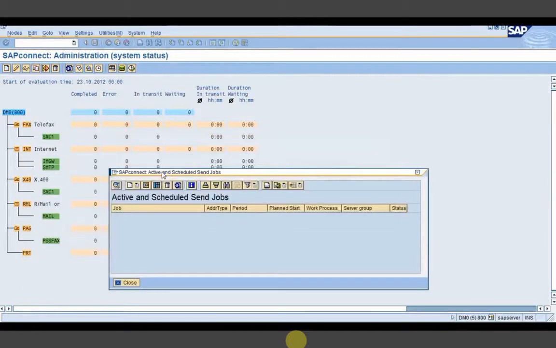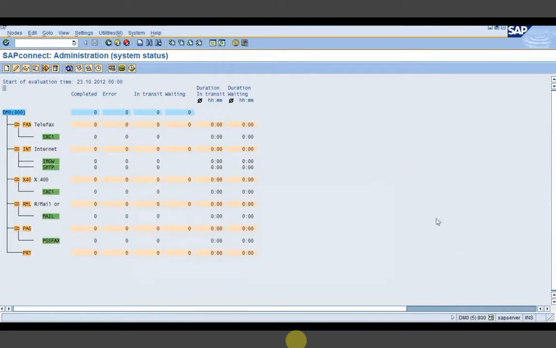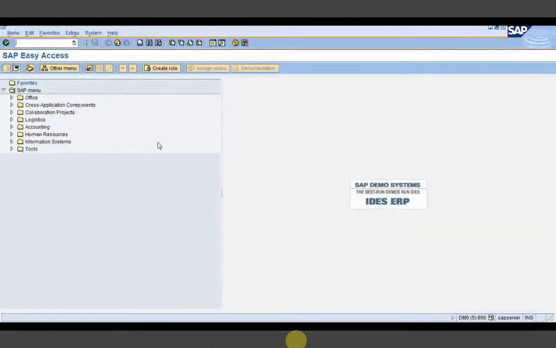Actually, whatever we configure in SCOT, it is for external mail, not the internal mail. If you want to send some mails to external IDs like Office or Gmail, then we configure here. For internal mail we don't configure in SCOT. Okay, so that job is scheduled, so we don't have to worry about it, because I will be showing you tomorrow with this same date. We have received one mail saying the sales order. I have also noted down that particular number. The number is 7888584 something like that. So I will show you that tomorrow.